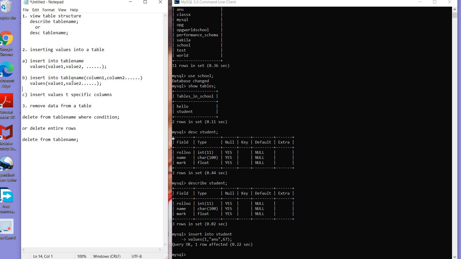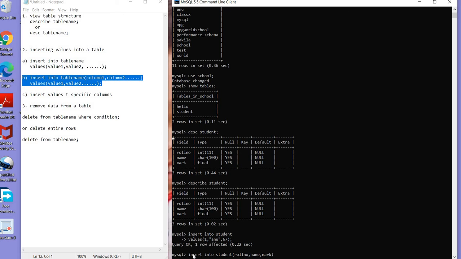Next I am going to insert using the second method: INSERT INTO table name, column 1, column 2. That means I am specifying the column names also. So how can I use that command? INSERT INTO, table name is student. Within the bracket I am writing the columns also: roll number, name, comma, mark.